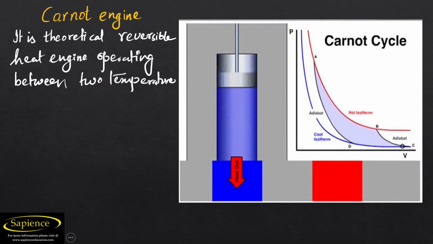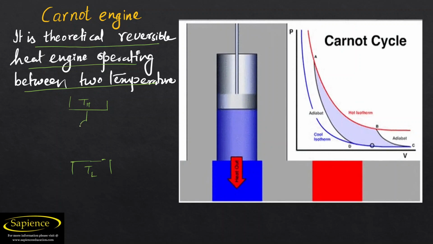See here, what is Carnot Engine? It is a theoretical reversible heat engine operating between two temperatures. So it's a theoretical one, it is not a practical one. Okay, so this type of engine operates between two temperatures, that is high temperature as well as low temperature. And this is the Carnot engine, and the engine looks like this, and this is the